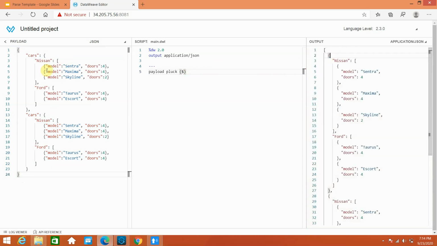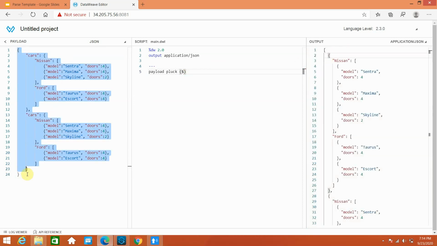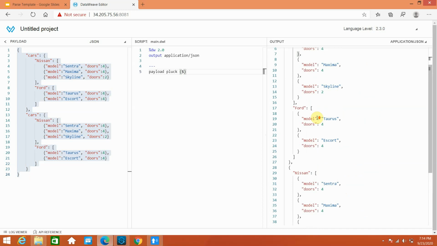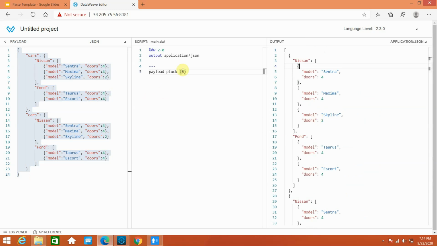You can see that the payload has been converted into an array. You can also notice, with dollar, car is the key, and in this case it just reads the value in both objects. So you can see only the value.